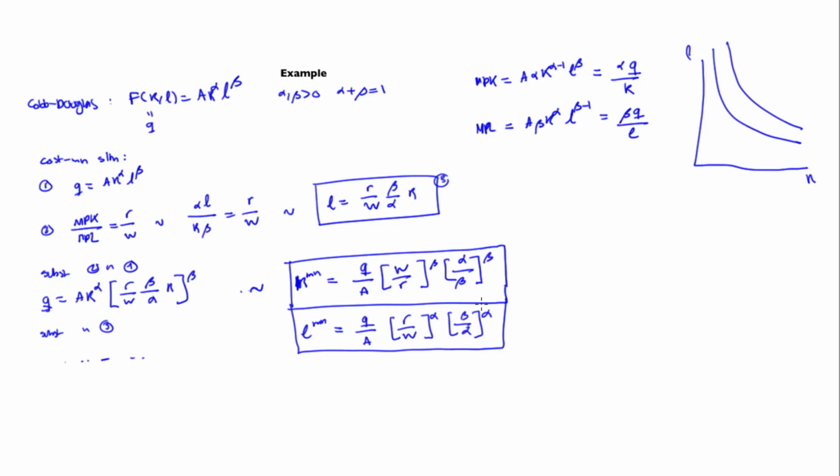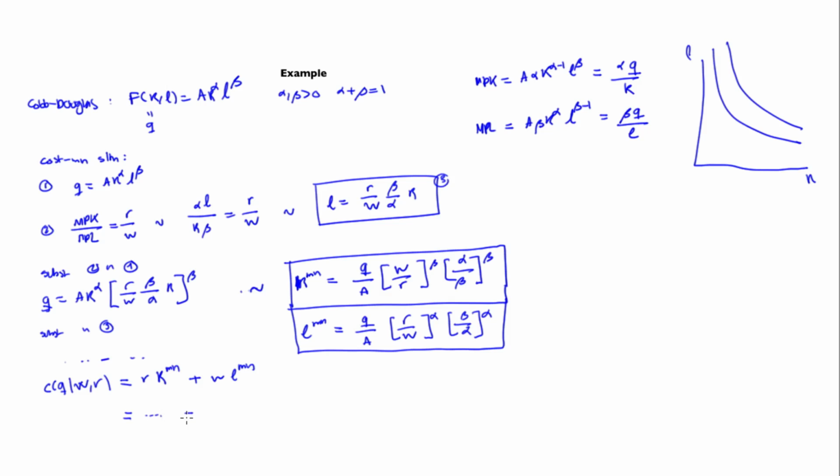The amount of labor that minimizes cost, is... We have fully characterized those as a function of the prices R and W. So the final step is we want to compute the cost function, what is the cost function of producing Q as a function of W and R, and that is simply going to be equal to R of K min plus W of L min, so we substitute those there, and if you do the algebra, which again I'm not